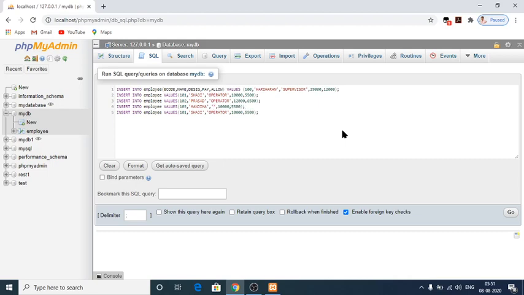Her designation is CLERK. Her salary is 8,000 and here 4,500 is her allowance.